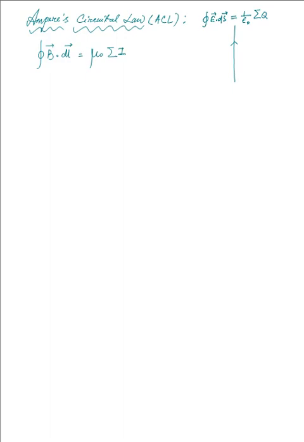So if we are considering the current flowing along this conductor, let us say that it is moving in the upward direction, the amount of current being I, then we can consider the magnetic field over here, and this magnetic field intensity at this point will have some value. We can determine that by using the Biot-Savart's law, and then we can consider a loop,